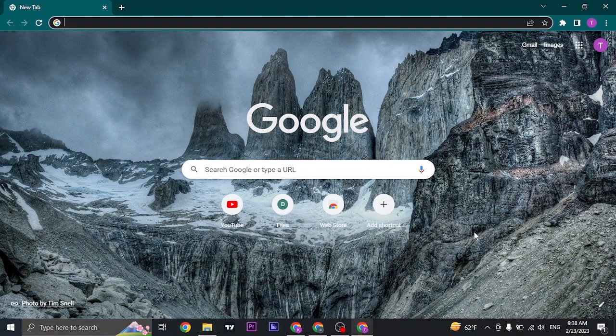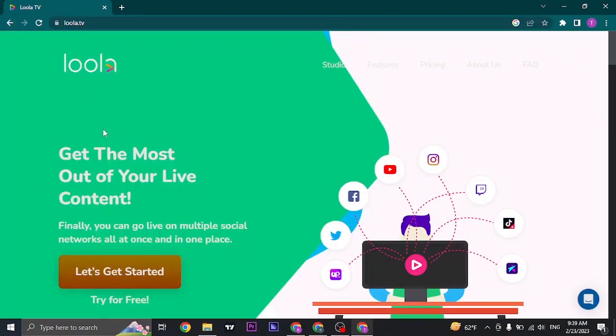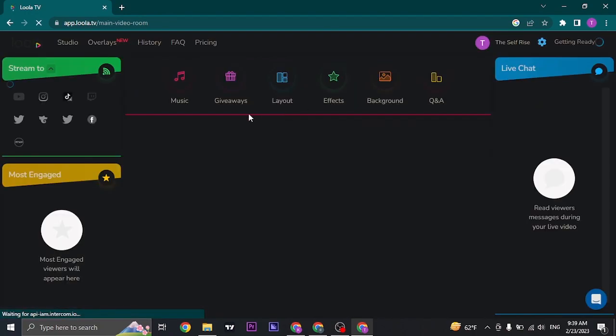In this video, I'm going to walk you through how to stream Roblox on TikTok. If you want to stream your gameplay of Roblox on your TikTok account, then let me show you the process of doing it. For this, we're going to need a TikTok streamer, which is called lula.tv. You can open up this website and click on Let's Get Started, and you'll need to